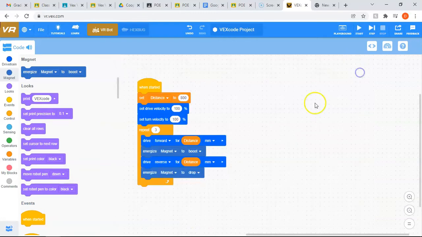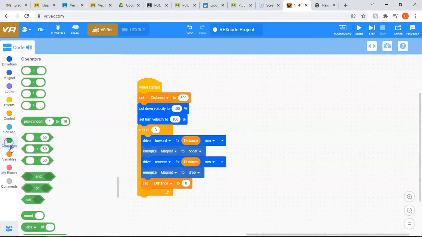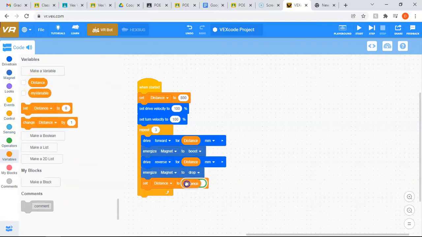But what we really want is every single time it goes through this algorithm, before it repeats, we want to redefine what distance is. So we want distance to increase by 400 each time. So at the end of this block right here, let's go back to variables and set distance to what? To 400? No, that wouldn't help. To distance? No, that's not going to help either. We actually have to use an operator. An operator is just a mathematical equation that you'll have your value in. So it's green. What we really want our distance to be, after we do this one time, is next time we want it to be distance